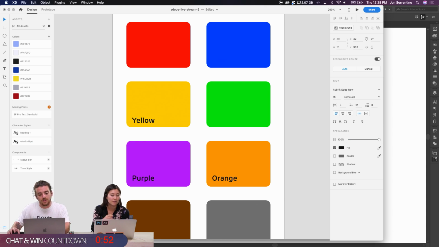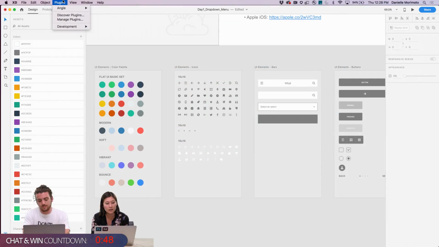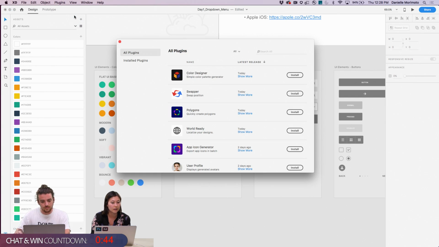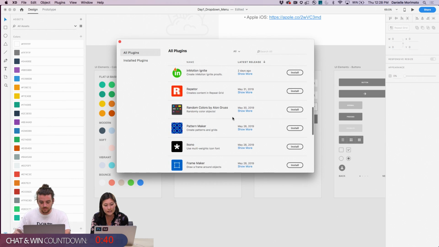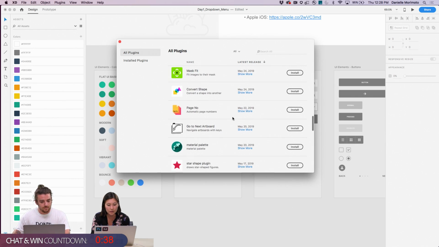Nice, yeah. And for reference, if you switch over to my screen really quickly, you can access the plugins and discover the plugins that are compatible with XD. There are quite a few different ones in here, and you can also install them.